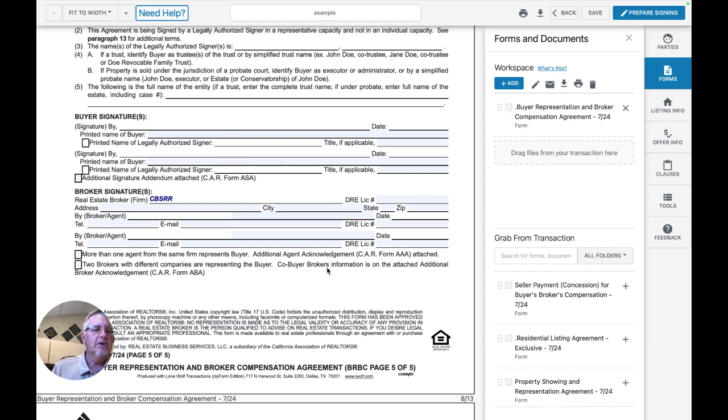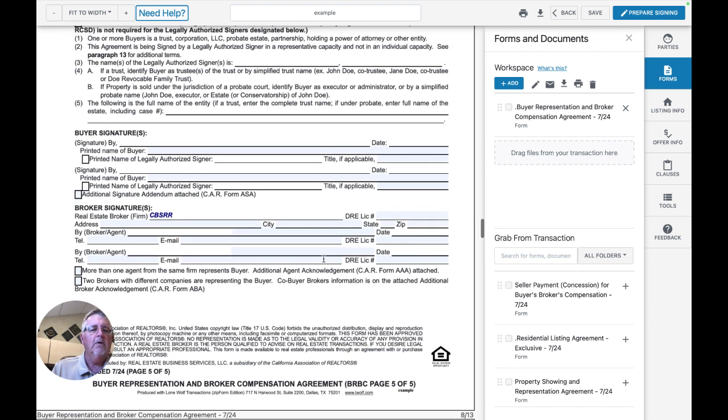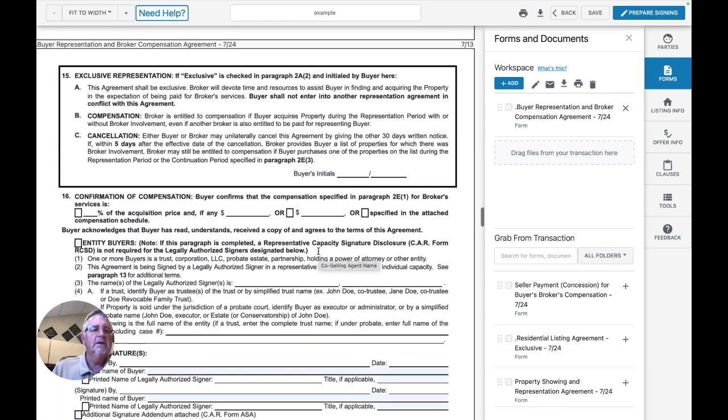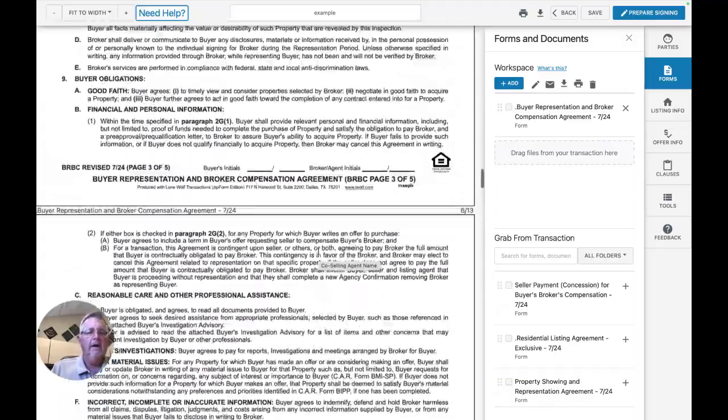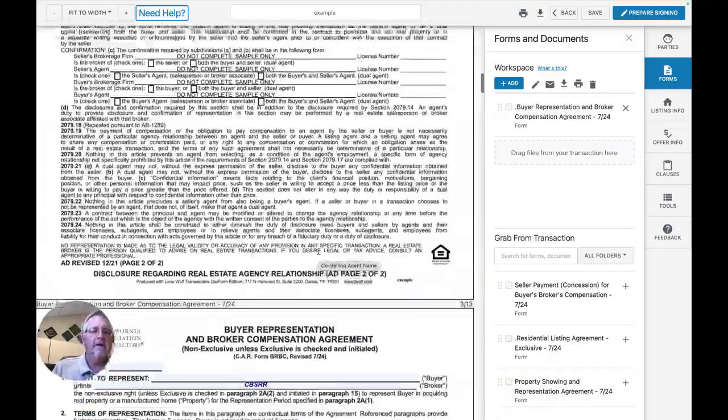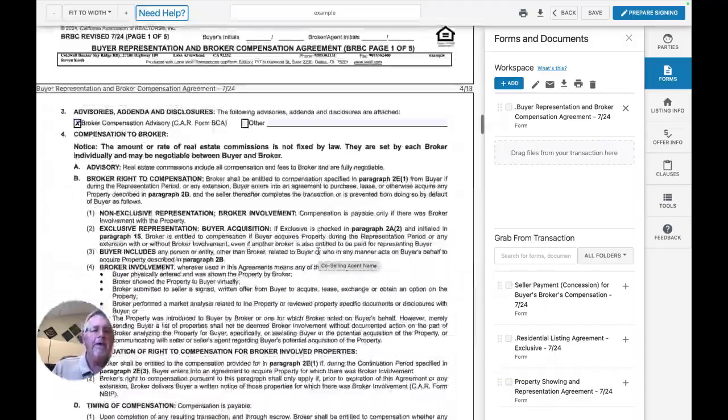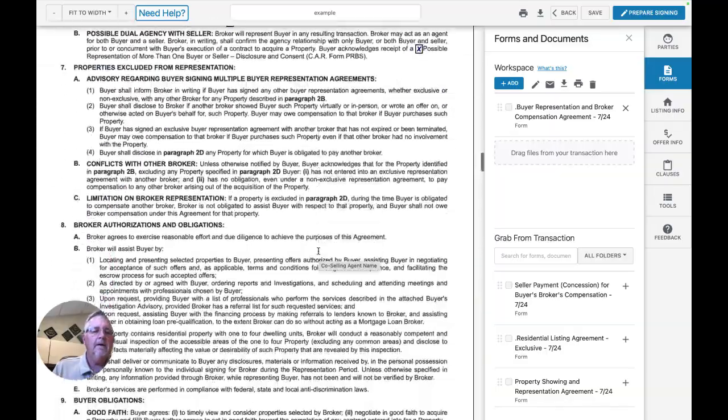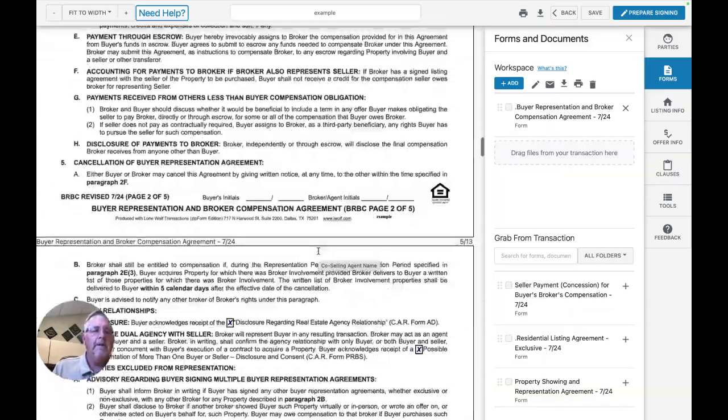and you then would have the client initial it if it's done after the fact. Otherwise, it would be done from the beginning, basically just outlining that this is the direction it's going to go. But if it's done after the fact, then I would probably have the other agent complete the information, sign it, and then have the buyer initial it so that they understand and acknowledge that they are going to have this other agent handling the transaction. So at that point, both agents are on the buyer broker agreement and